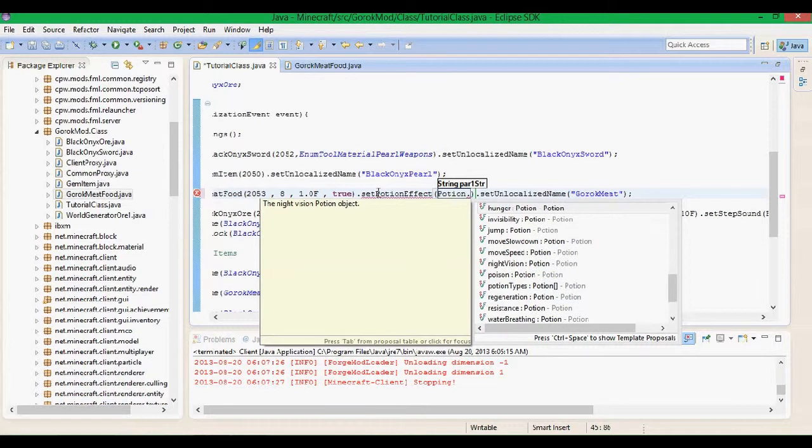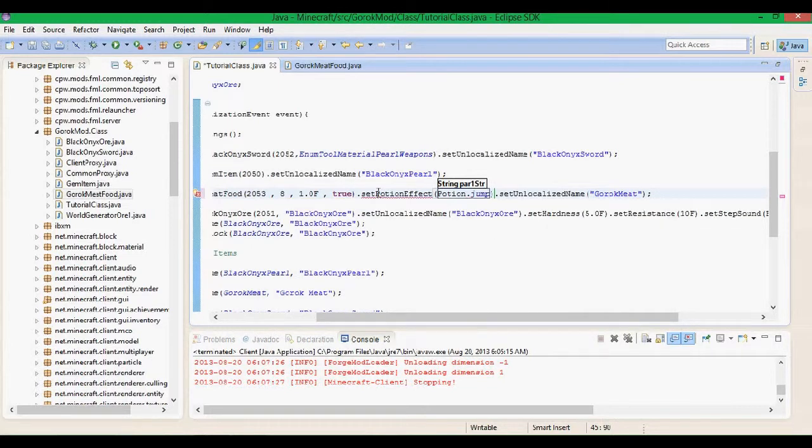For this I'm gonna put jumping ability, and then dot ID, then you have to put how long it lasts, 100, and then 0,